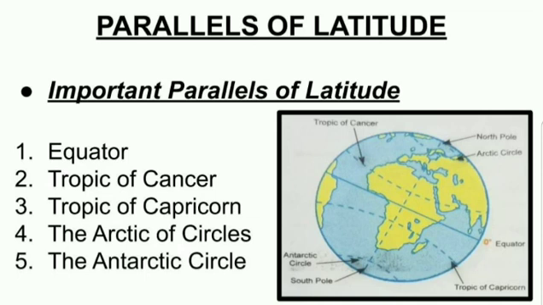Now here you can see the important latitudes. I told you there are 181 parallels of latitude, but you should know the names of important latitudes which will decide the location of the place or the heat zones of the place. So here I will read about the equator, that is a central latitude. It is called the 0 degree equator, or the great circle.